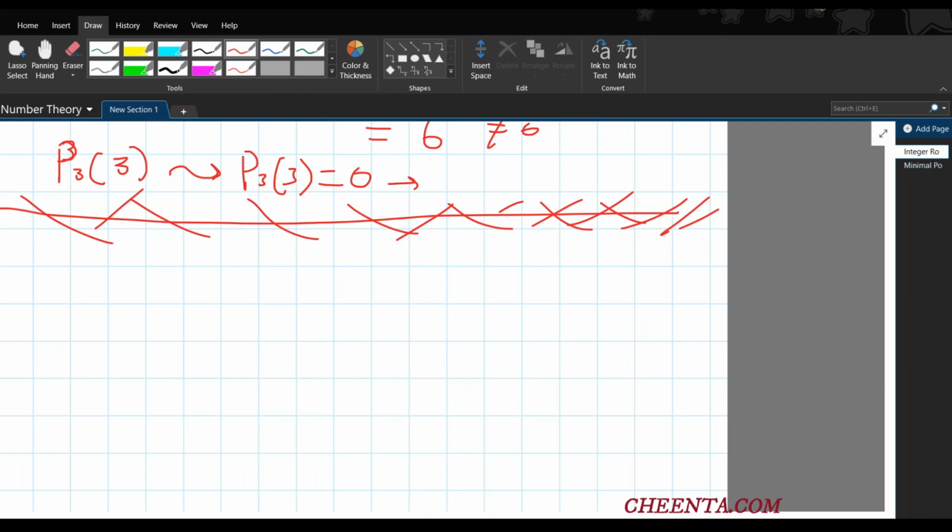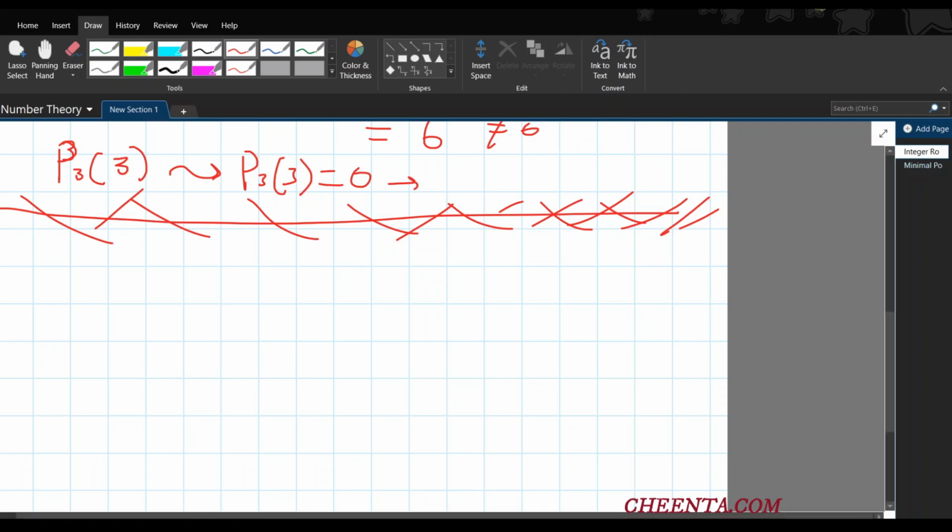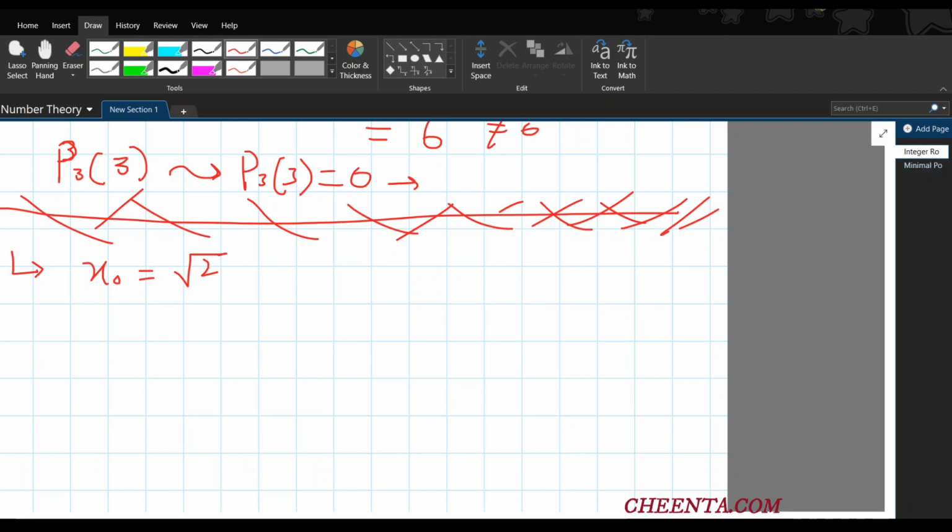Okay, so now let's think about it. How can you prove this particular thing? We will see this using one or two beautiful examples. So first, let me take the square root of 2. Prove that the square root of 2 is an irrational number. You guys already know the proof, but can you do it using this particular theorem?